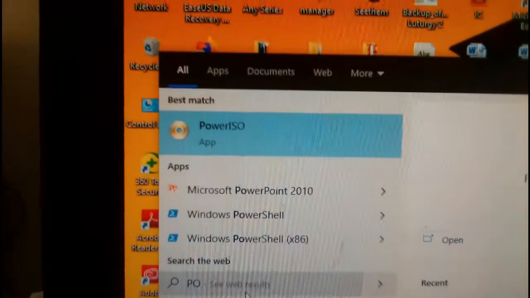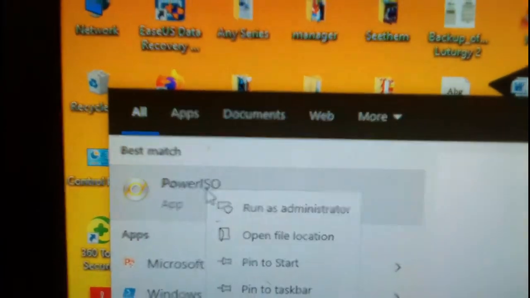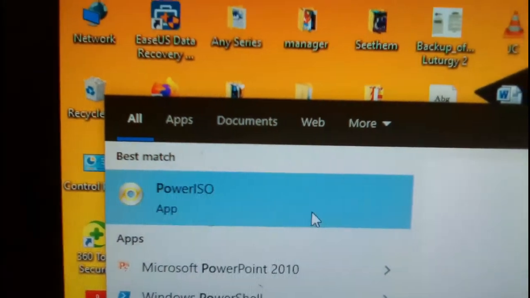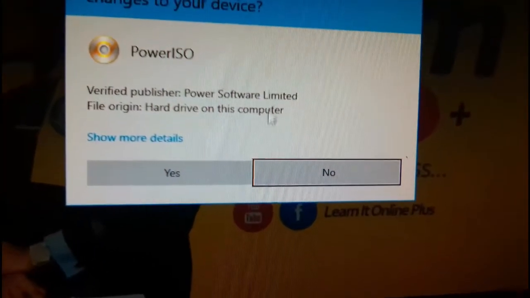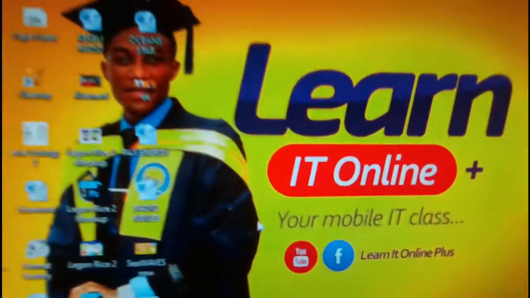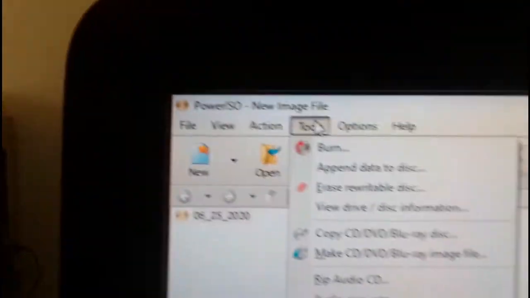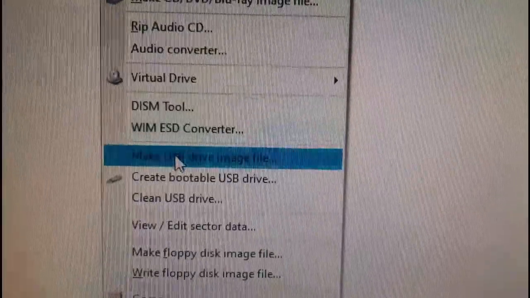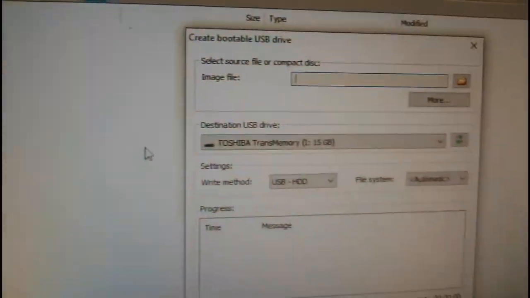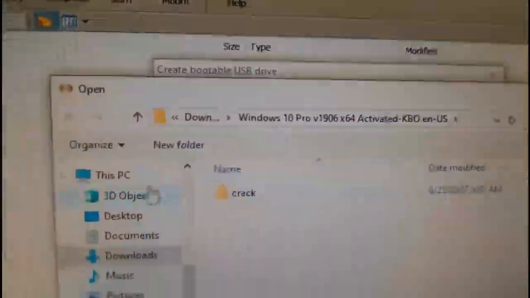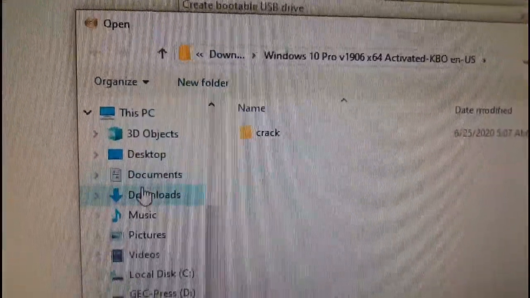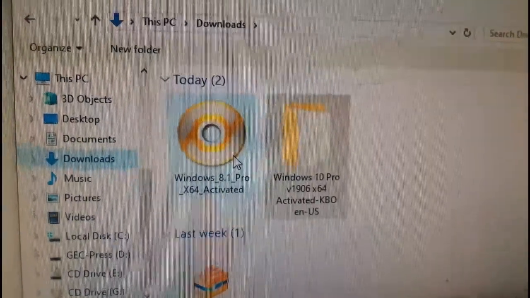Now, having installed PowerISO on your PC, open it as an administrator. Once it opens, select Tools on your menu bar and from the drop-down options, select Create Bootable USB Drive. This command opens the Create Bootable USB Drive window. Now click on the folder icon next to the image file text box and browse for your already downloaded Windows